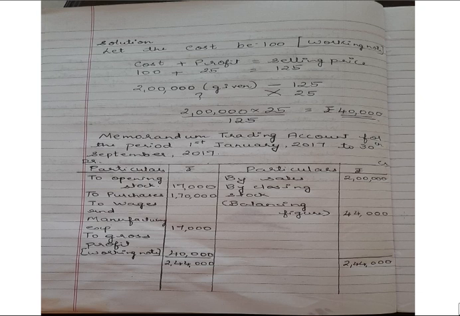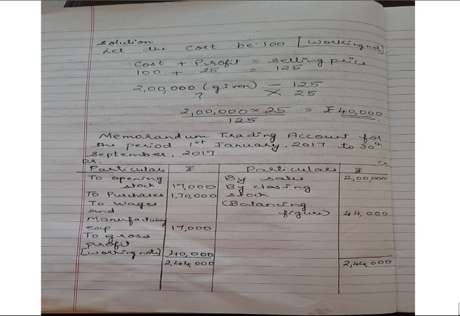This is how we have to compute. I have given the note also, the format also. You see what we write under the trading account. We show all the expenses and opening stock on the debit side and sales on the credit side. Then the balance is considered as the closing stock. Okay. Next. Now what is the third step?